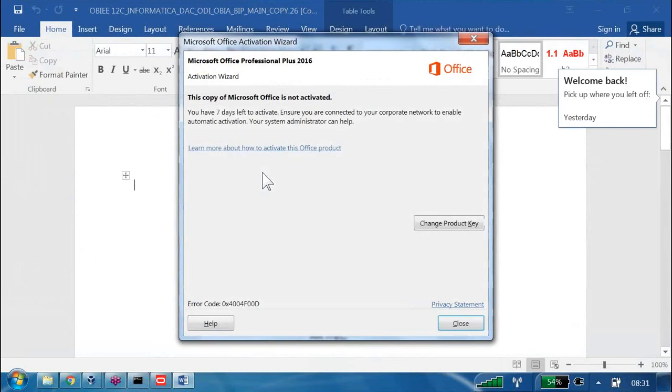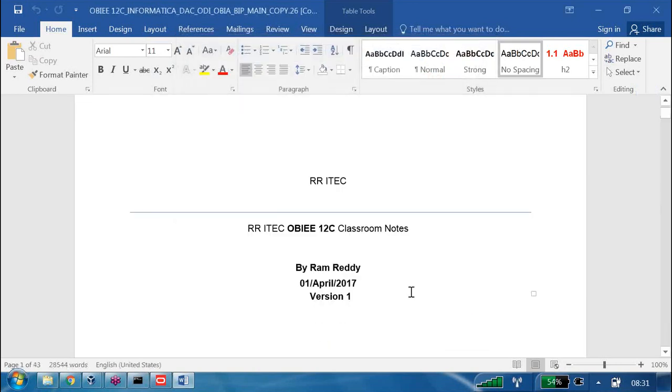Whatever work you did in the physical layer and the BMM layer is not visible to the business users or report developers. Only the objects you take into the presentation layer will be visible to them. That is the first point you need to understand.